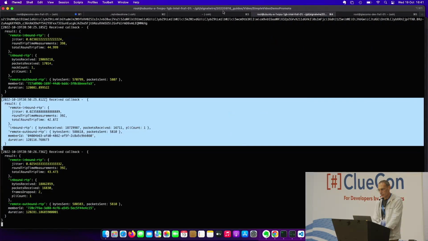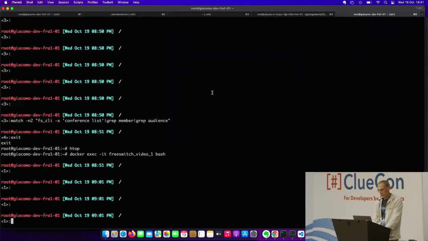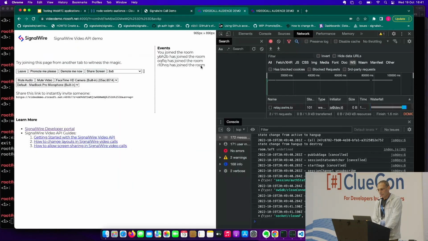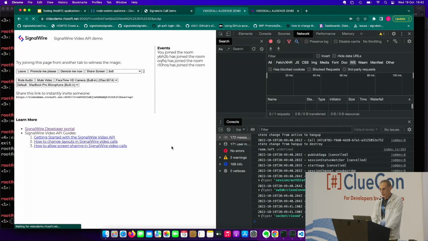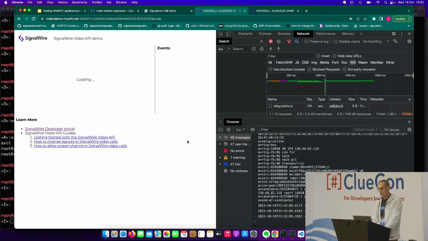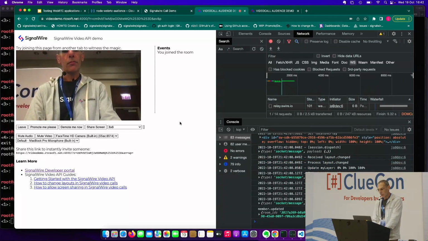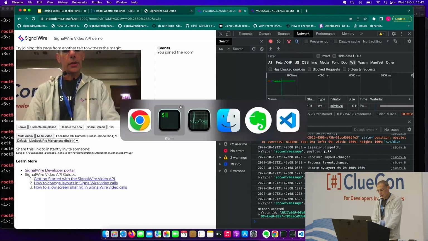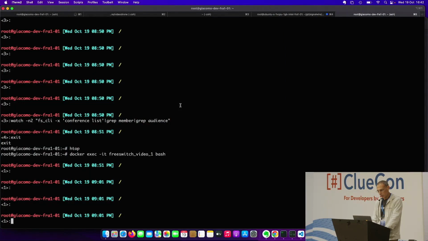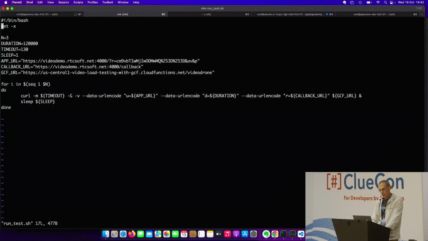So this is a modified version of the simple video API demo that you can find in the guides, and I put the link in the slides. So this is me connected, and then I'm going to launch three headless browsers from Google Function